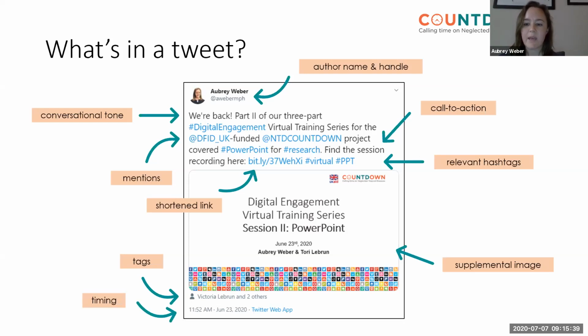The last element I will mention is timing, which I see was a question already. Typically in most time zones, people are more likely to be on Twitter in the early mornings before work, during the lunch hour, and in the early to late afternoon, around 5, 6-ish p.m. Schedule your posts for these times if you want to optimize viewership.